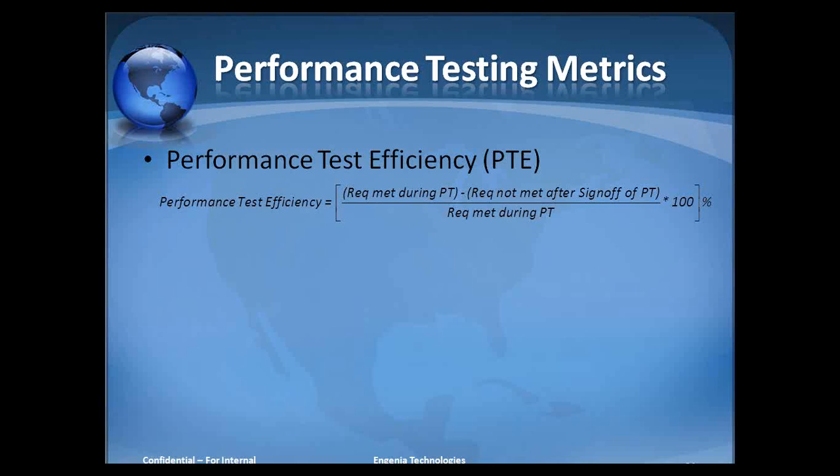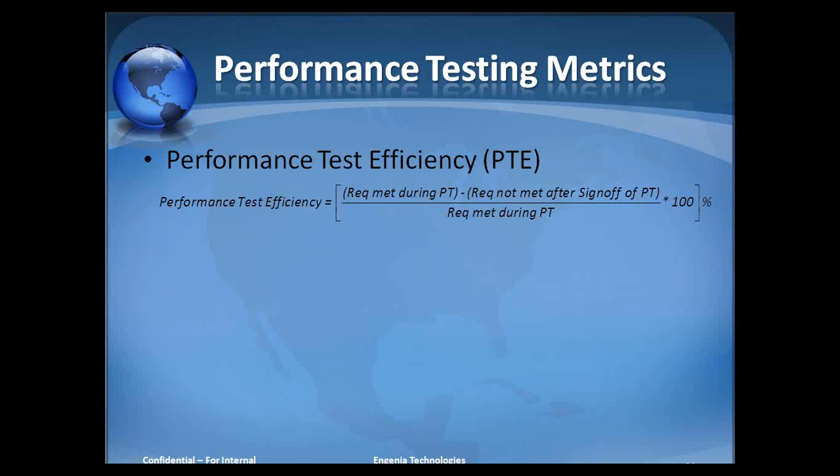In order to evaluate this particular metric, we need to collect the data points. As there were data points in the previous example, this metric also has data points. For example, some of the requirements of the performance testing may be the average response time. So what is the average response time of this particular transaction, or the transactions per second? How many transactions can be performed per second?